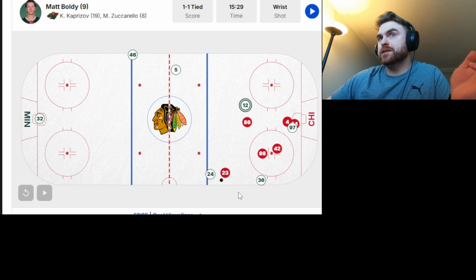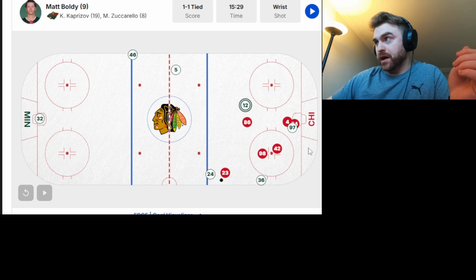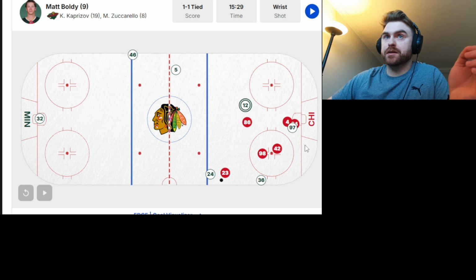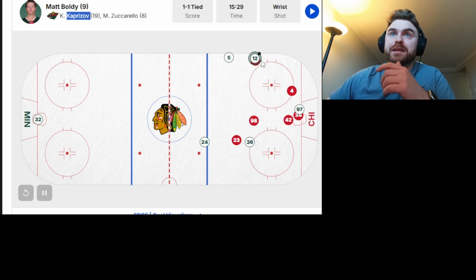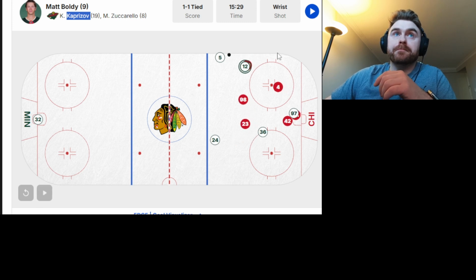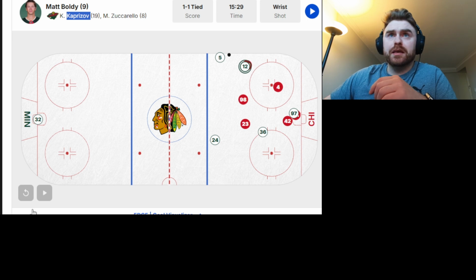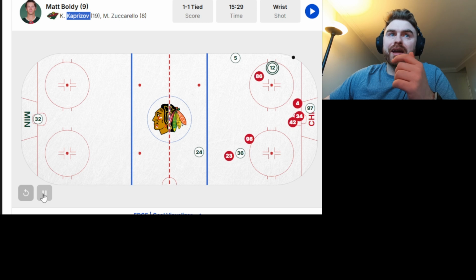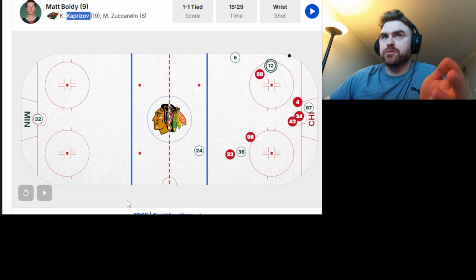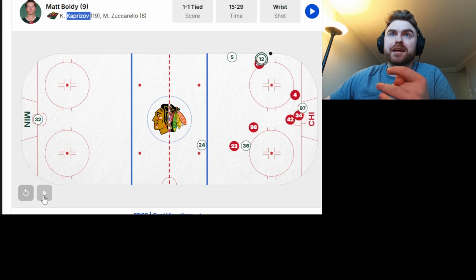But I find a lot of my players, they'll throw it down and they'll get here, which is fine. There's nothing wrong with that because you got Kaprizov down there and he could have won the battle, but he doesn't. He lets the puck go. And what Matt Boldy does right here is he doesn't even touch the puck. He will take a fine angle. Obviously he doesn't know exactly where it's going to go. But what he does is he draws this guy in, and he kind of bumps him and lets the